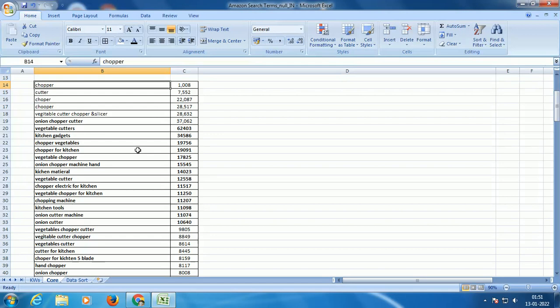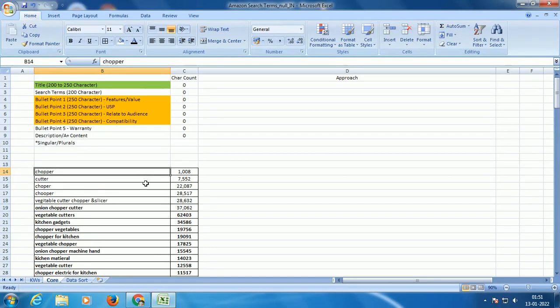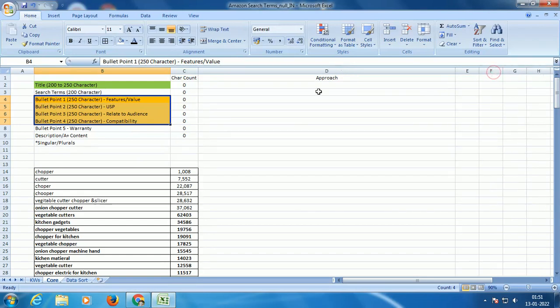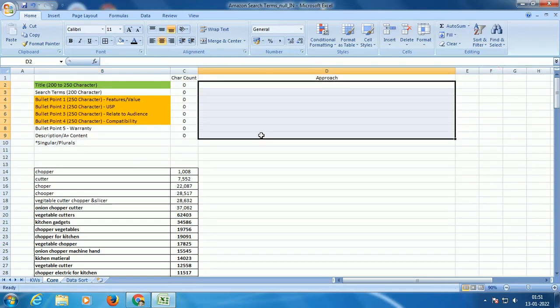We arrived at these 160 keywords after looking into the data points from Brand Analytics as well as data points from Helium 10. Now guys, we are going to make use of all these 160 keywords in order to build our product title, backend search, bullet points and other stuff. In this session, I am not going to frame all these aspects, I am going to explain the technique and the approach that you need to take forward. Because for me to build this, it will definitely take hours, and I want to keep this video short and concise, and make sure you get the concept, and from there on I think you will be able to pick it up.